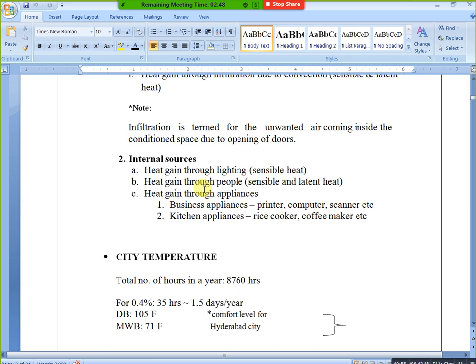Okay, printer, computer, scanner if you are using, and kitchen appliances, I said, na, rice cooker, coffee maker, you can use like that. Okay, these all are heat gaining sources for your room or your flat. When you design or calculate heat load, definitely we need all this. When you know all this, after that you will calculate.